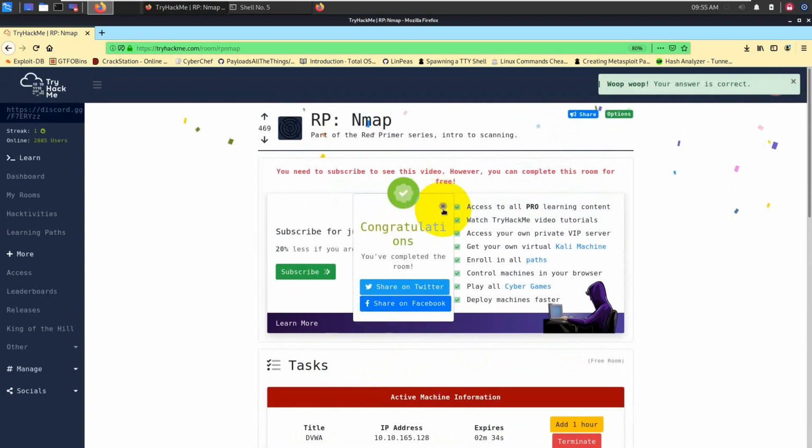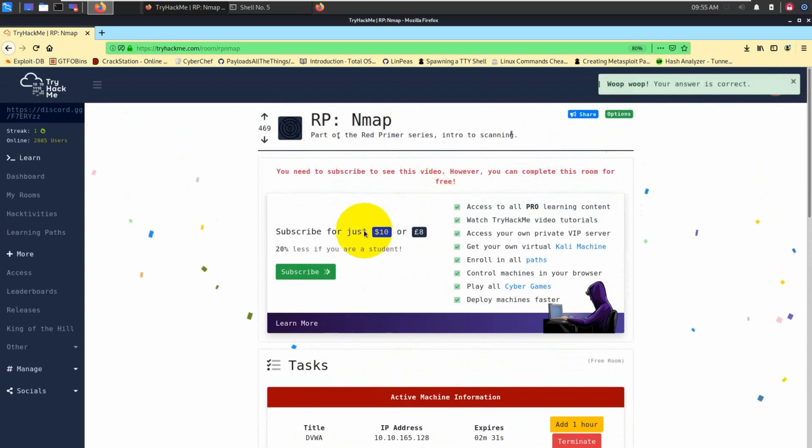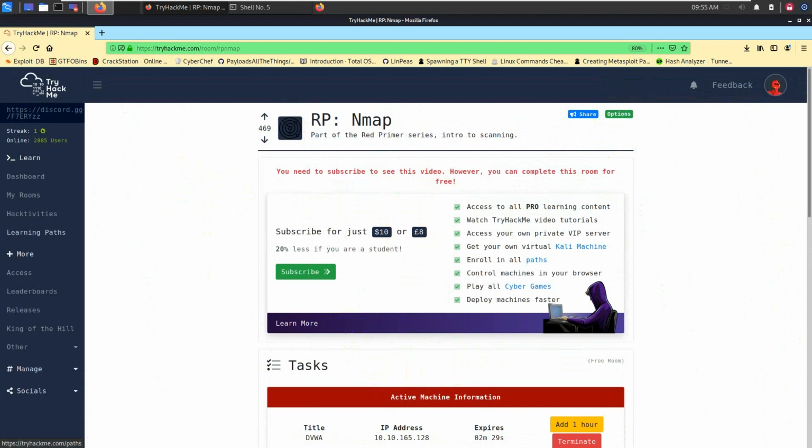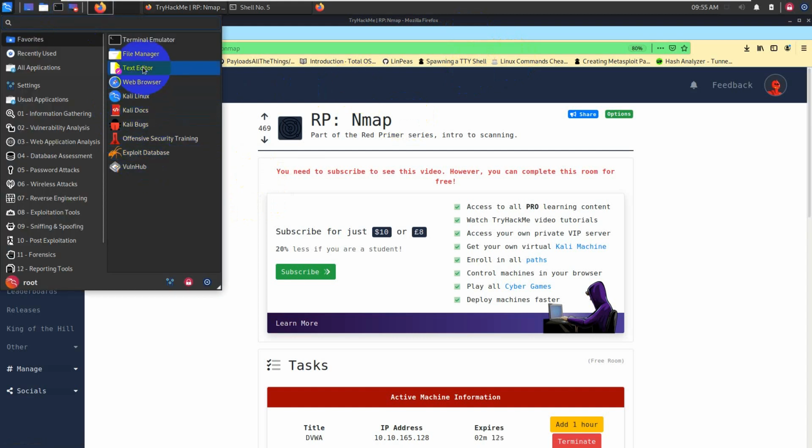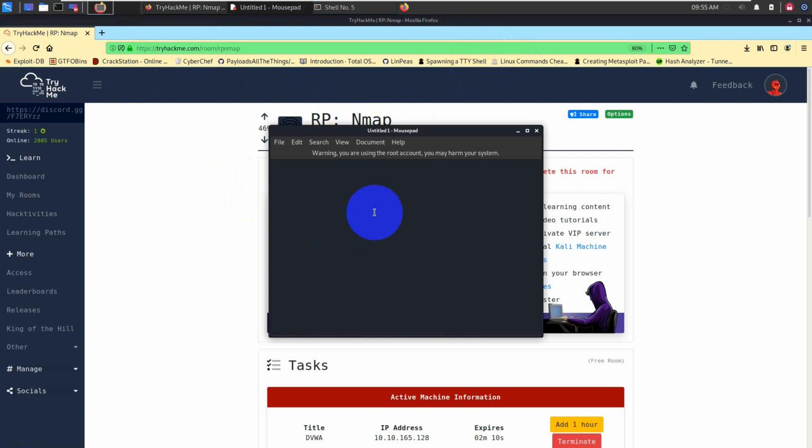So this way you can solve all these challenges from this TryHackMe portal and get an exclusive experience about Nmap and what can be used, what are the different commands and so many different things, right? So now let's do a quick summary part where I'll be talking about the mostly used Nmap commands. So I will simply open a text editor, and some of the popularly used commands are like your